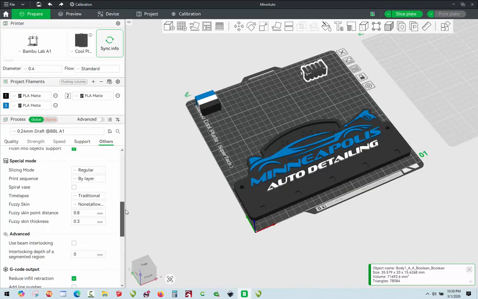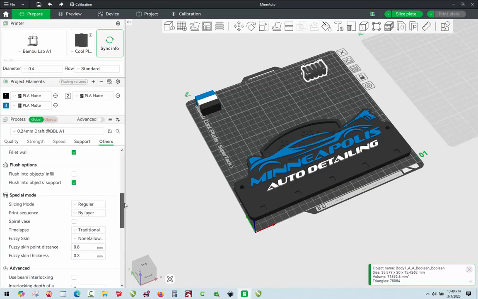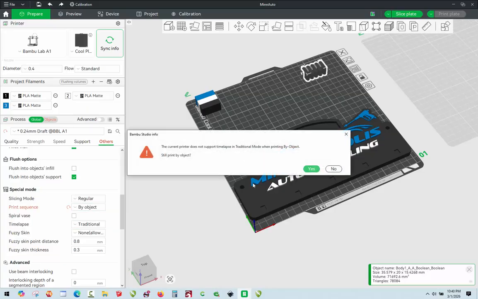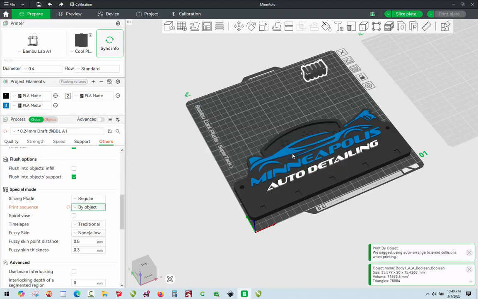the print sequence. You can see here, we are printing by layer, but I want to print by object. Okay, it says it does not support time lapse in traditional mode. I don't really know what that's all about. All right, but that's really what we're after here. So you can see here